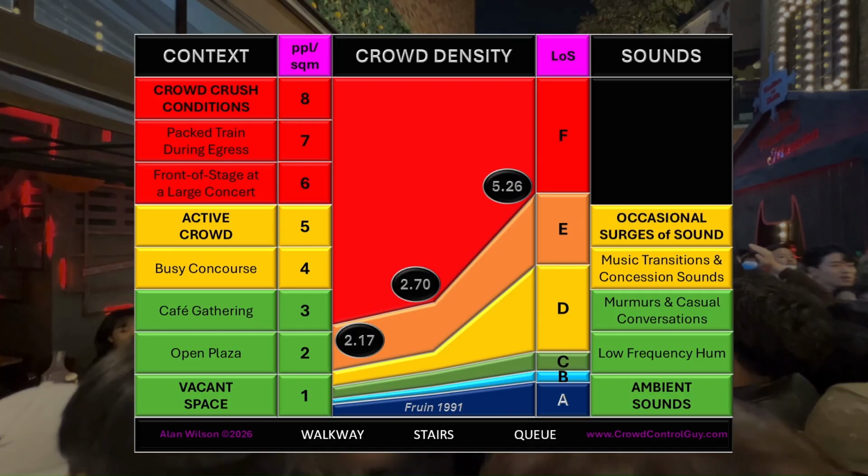When you get to 5 people per square meter, or level of service E, you have an active crowd emitting occasional surges of sound. I've always been able to tell the density of a crowd, the stage of the event, by the sound in a stadium or at a festival. It's a skill well worth developing, and my crowd density continuum will help you do that. And at the front of the stage, you will hear loud group murmurs. And a packed train,